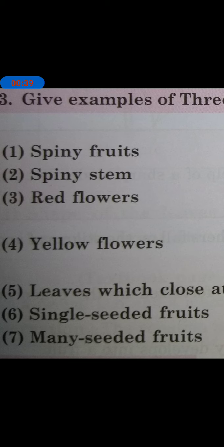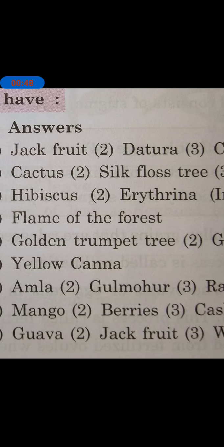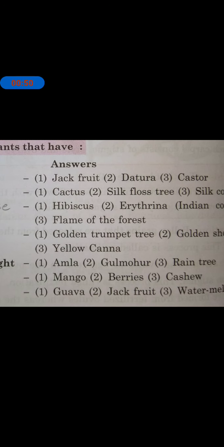Okay, now first they have given a spiny fruit. Spiny means those which contain thorns on their fruit. Jackfruit, dhatura, castor. It is not necessary that you mention only these examples, but while writing in a notebook you just write these examples, and in the exam you can write other examples as well. Or while writing in a notebook, mention these examples first, and you can also mention the extra examples which are